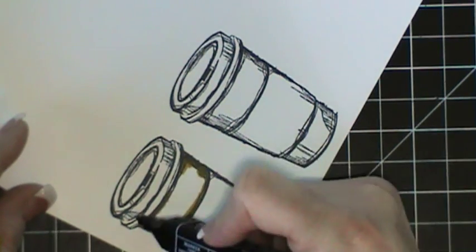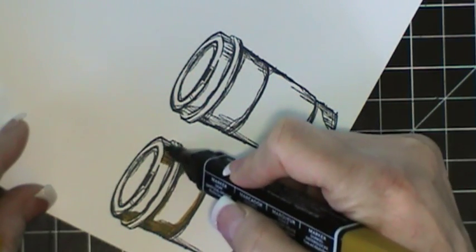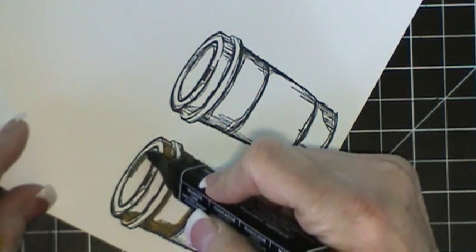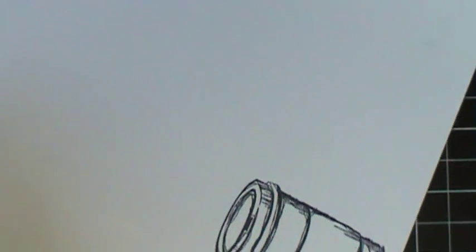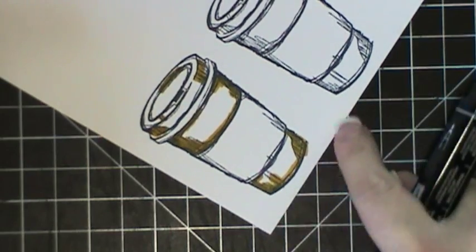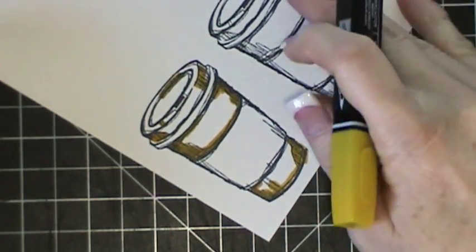And you are gonna wanna have something underneath, because as you continue to color, we're gonna color quite a few times over and over this image, and it will bleed through. These caps are very, very tight on them. They can be a little bit hard to get off at first, but that's just to make sure that they don't dry up. So now that we have some of the highlights in, I'm gonna take my medium pen